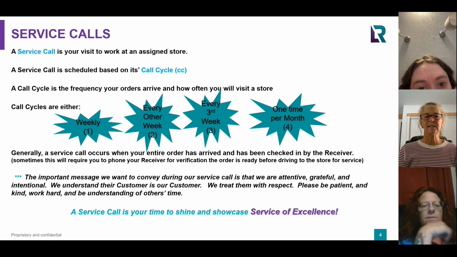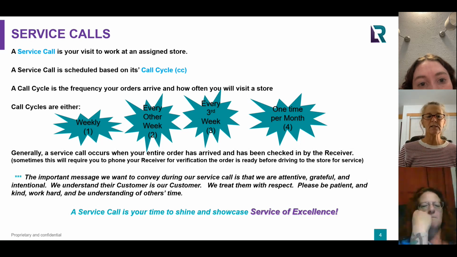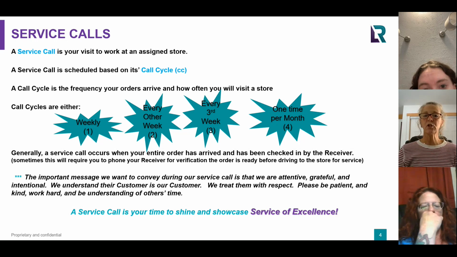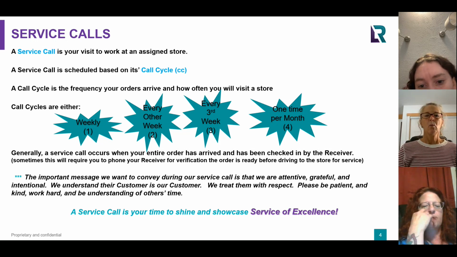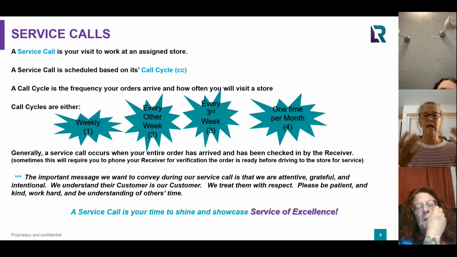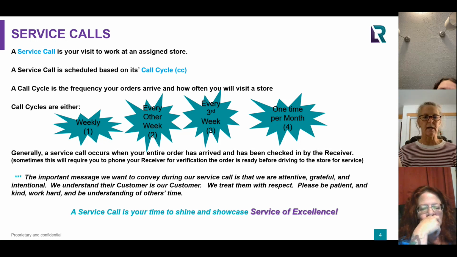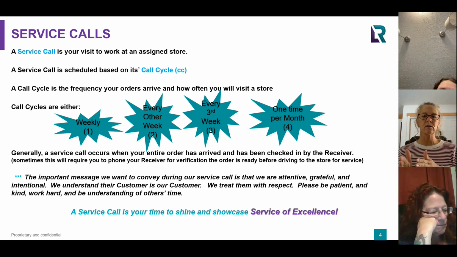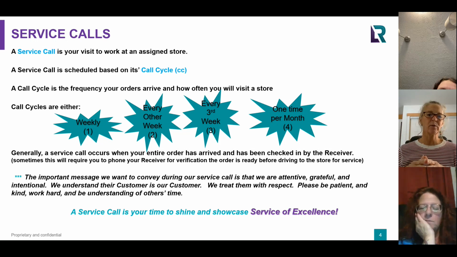A service call is scheduled based on its call cycle. And a call cycle is the frequency your orders arrive and how often you will visit a store. So a call cycle is currently a metric that your district managers and regional managers keep track of. All right. We only visit a store based on the call cycle it's assigned. So again, if you have more than one store, you may have a handful of a variety of different call cycles. And you'll need to know what those assigned call cycles are, because not only will that help you write out your schedule, but when you go in to write your orders,